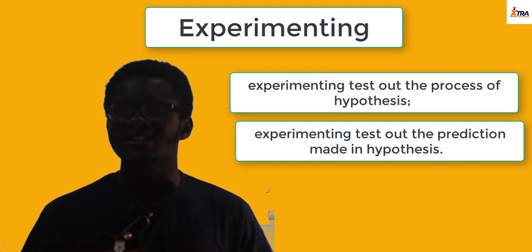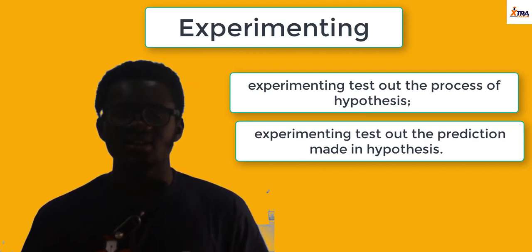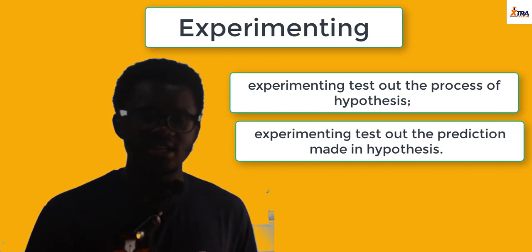Like I said, hypothesis is an important and a critical stage in the scientific method, and also that is a stage that serves as check and balance. So it tells you whether to proceed or not to proceed. And when I mean proceed, that is moving from the data collection stage to the next stage, which is applying, putting into practical use what you have discovered. And the way you test out hypothesis is through experimenting.